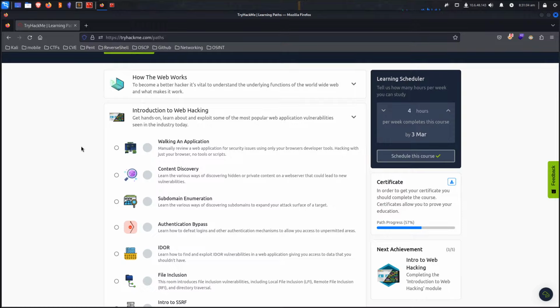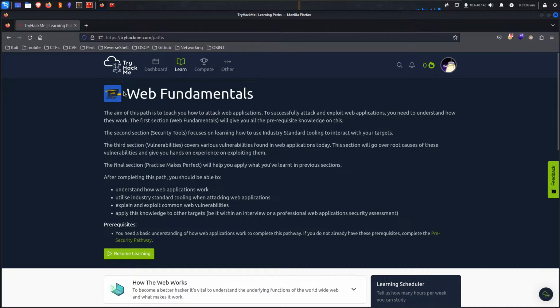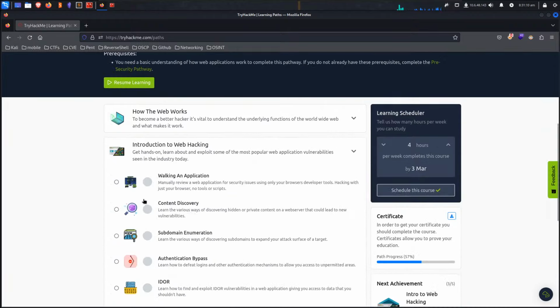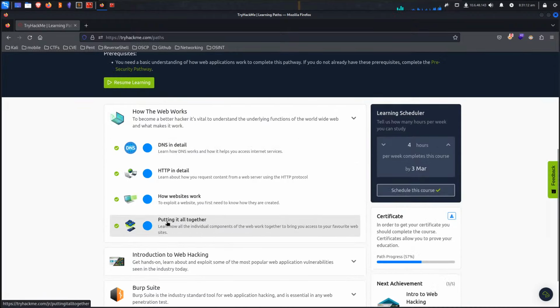Some reverse engineering, but that was yesterday. Today's today. So, working through the web fundamentals course, I have apparently at some point done the how